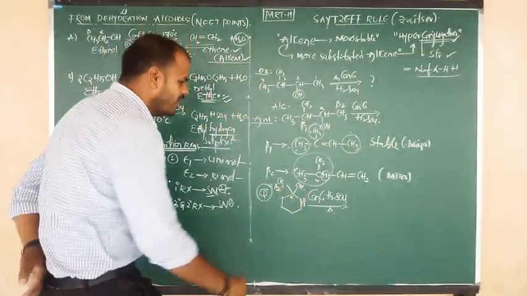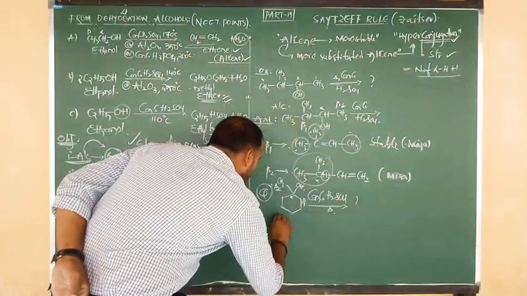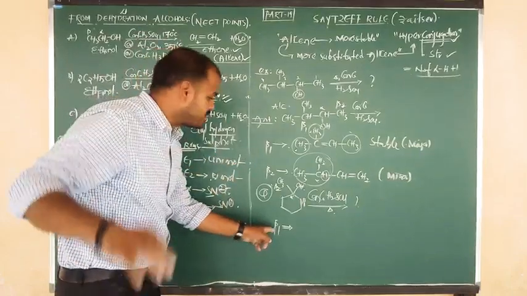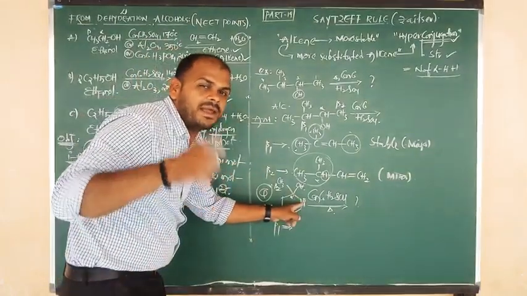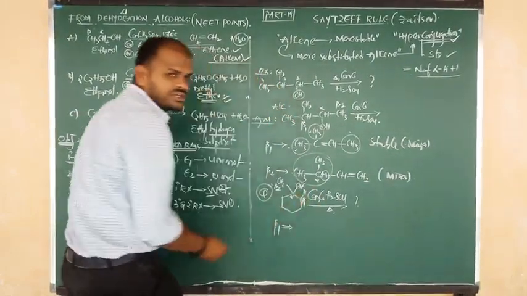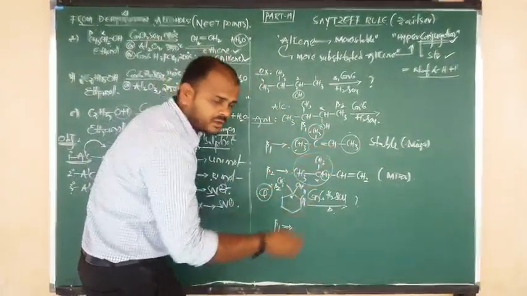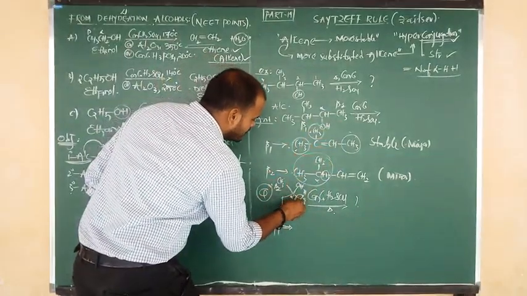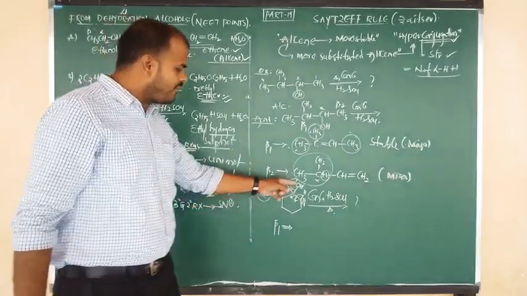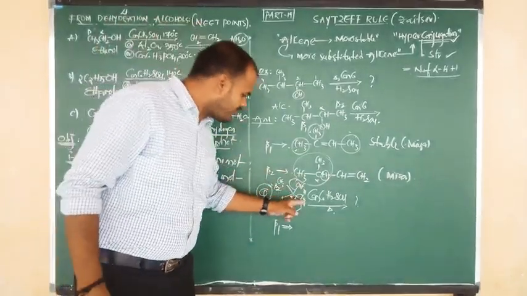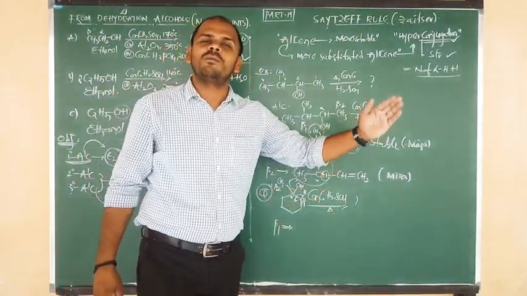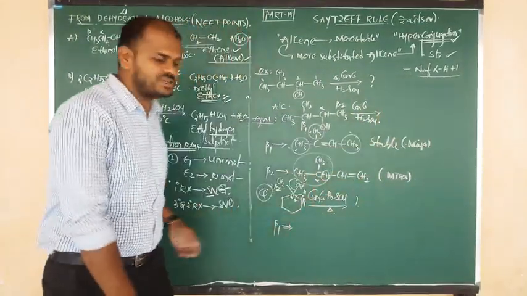Shall we read the answer now? Now I am going to write the beta 1 product. It means we are removing hydrogen from the beta 1 position. Like this, from beta 1 position we are removing one hydrogen. That means the bond goes to be delocalized here. At the same time we have to remove the OH group from alpha, and from beta we have to remove the H. H combines with OH and is removed in the form of a water molecule, nothing but the dehydration mechanism.